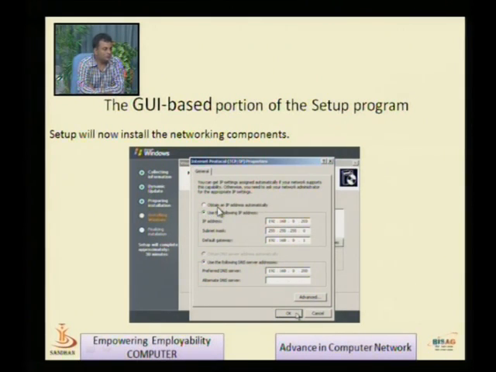Here you can choose to obtain an IP address automatically, that is the DHCP protocol, Dynamic Host Configuration Protocol. If you have set up DHCP on your network, the computer automatically requests an IP address from the server. And if you want to give your specific IP address, then use a static IP address, 192.168.0.203. This is a class C address. I hope you are aware of class A, class B and class C addresses. So this is a class C address, 192.168,